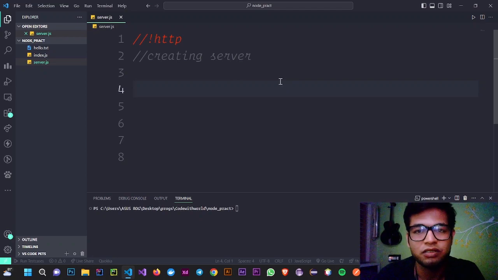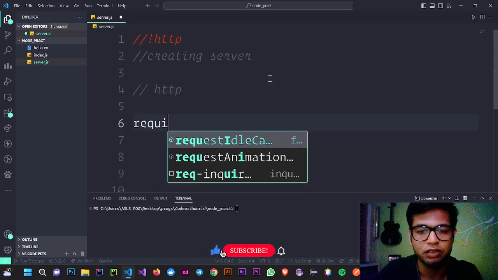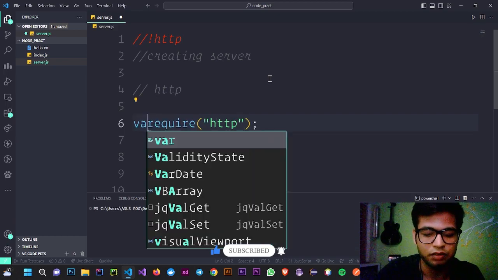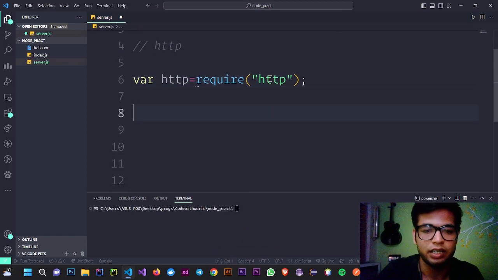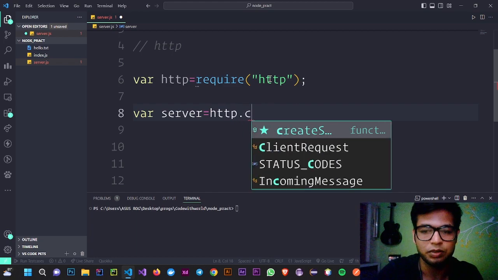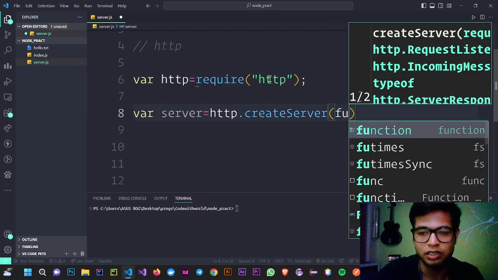So for creating a server, we need first of all the HTTP module. So first of all we have to require the HTTP module in our variable, let's say http. And now let's create the server, where server is equal to http.createServer. Let's provide here a function